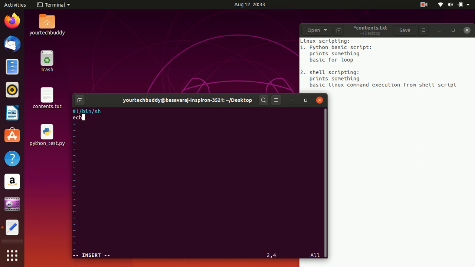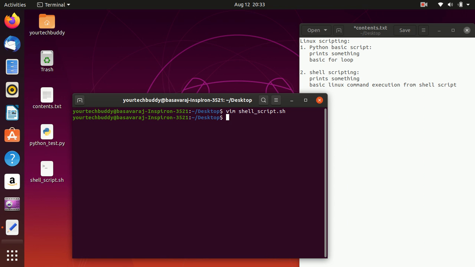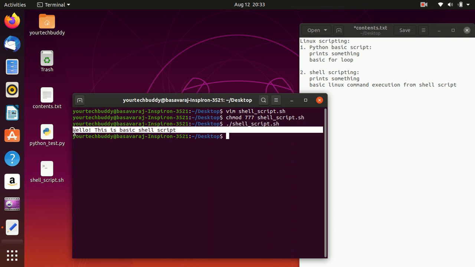Here, instead of print, in shell scripting we have echo. This is a basic shell script. Give the permissions to this file. You can see it's printing the statement I had added in the echo command. So this is a basic shell script.